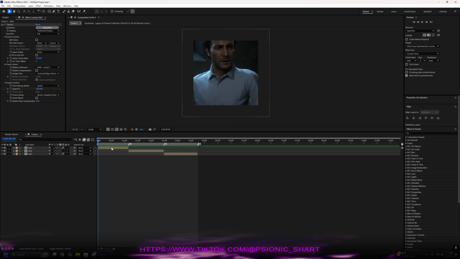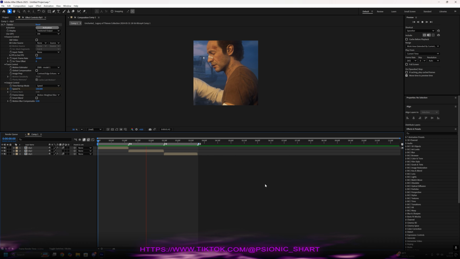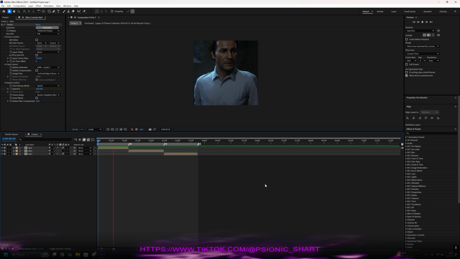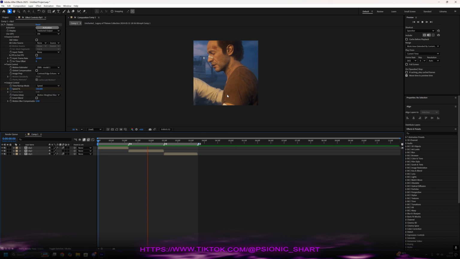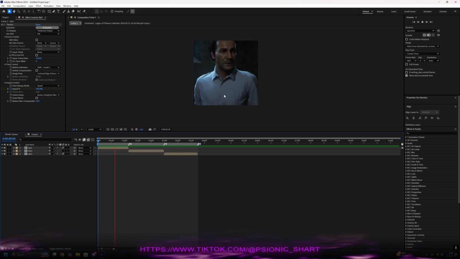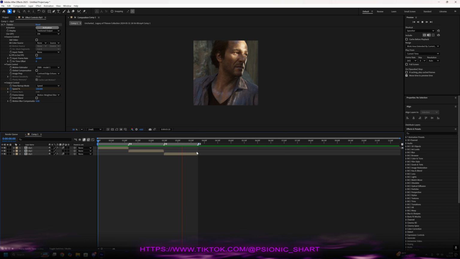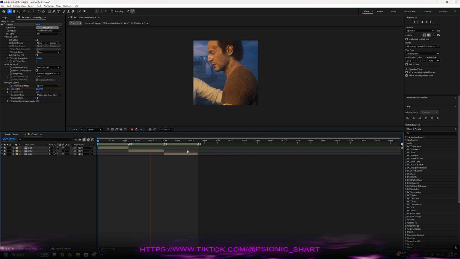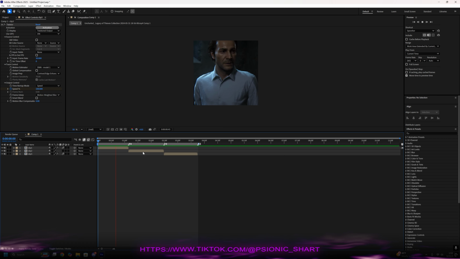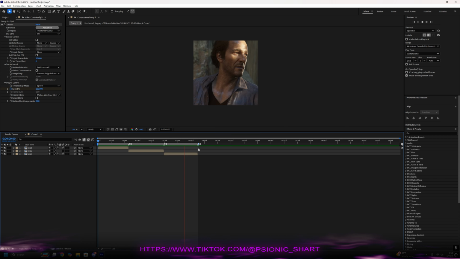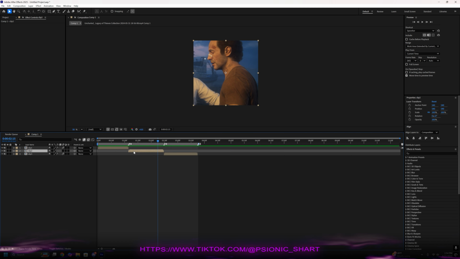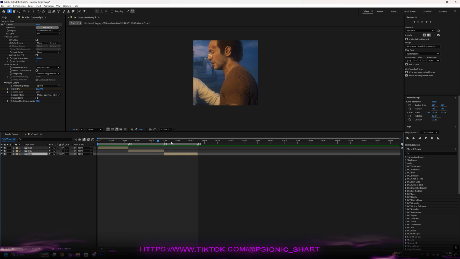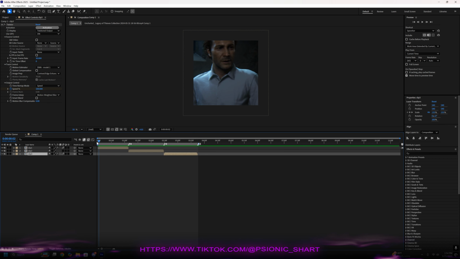I already have 3 different clips here with my Twixtor applied and just some basic zooms, just so that you can see how the coloring affects each clip, because this part of editing I tend to spend the most time on, mostly because I enjoy it the most, and also because I can get pretty into it. I will literally adjust each clip individually on its own, so sometimes this can take some time. But anyways,